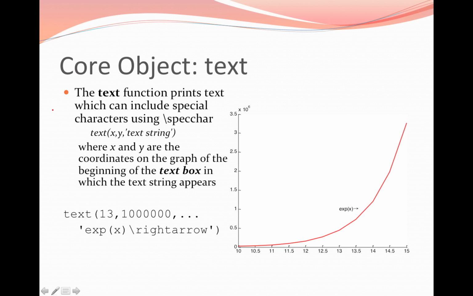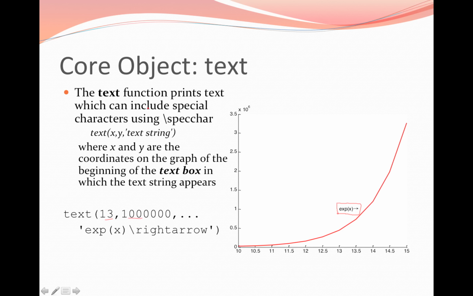So here's an example, text x and y. Again, these numbers become very large. The text is actually in a box, and I'm not going to draw this very well, but the x and y coordinates are of the bottom left-hand corner of the text box. So you see the x coordinate is 13 and the y coordinate is quite large. This actually creates a box in which we have